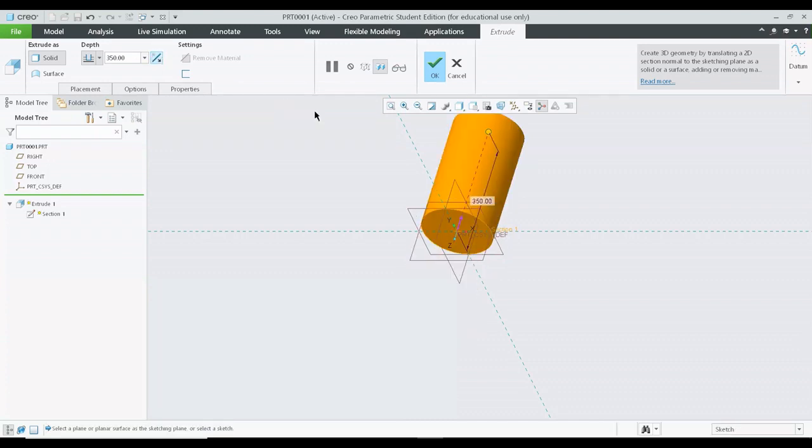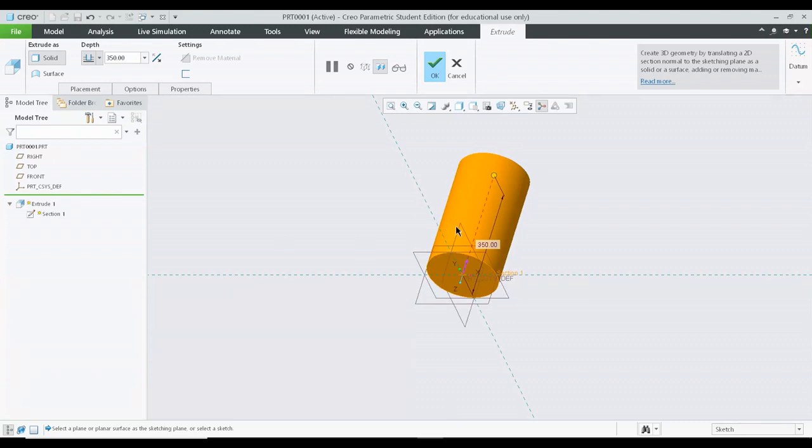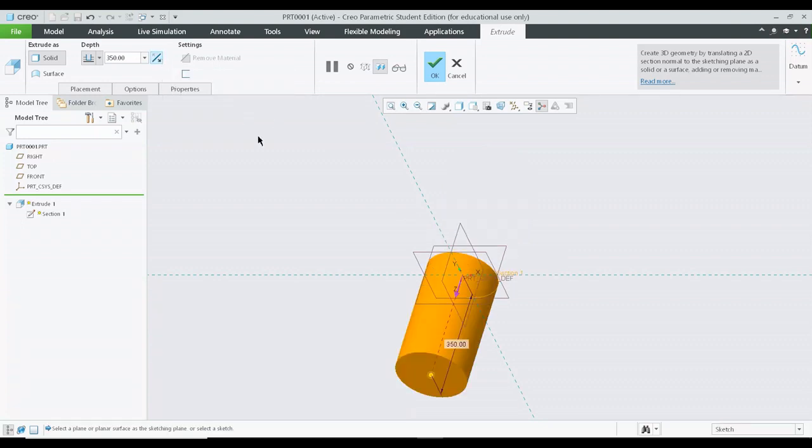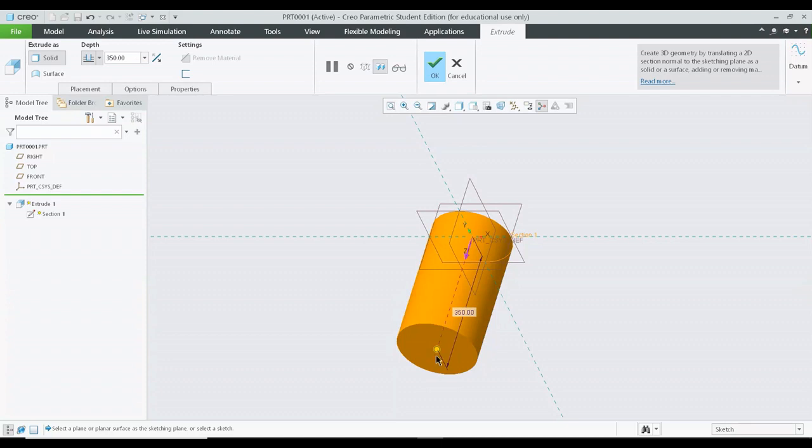Now if I want the particular cylinder to be symmetric, I want an equal amount of material on the right hand side and an equal amount of material on the left hand side. So one thing to remember is, with the extrusion we are adding material. Initially you have created a two-dimensional circle. Using the extrude command, you have added material to it and you're extruding it to the required depth in any direction which is wanted. Clear? So I am adding material in this direction right now, and the depth I want it to be 400